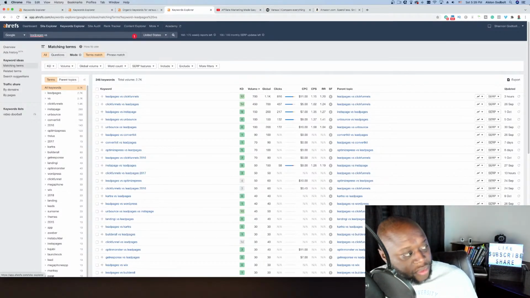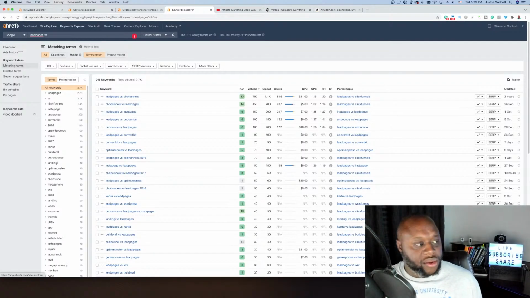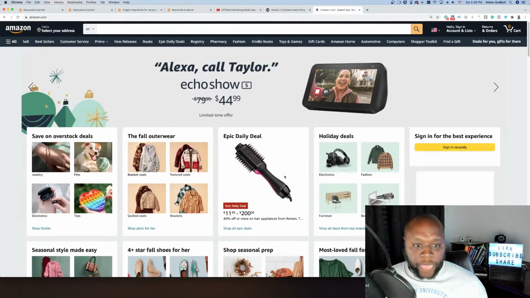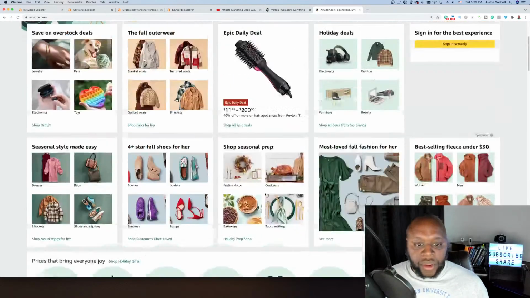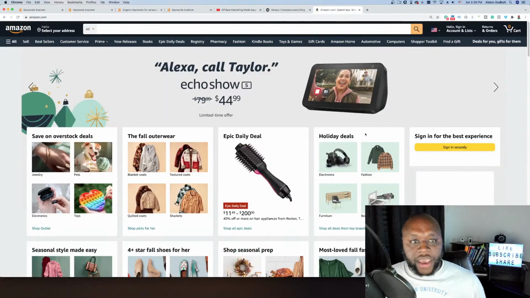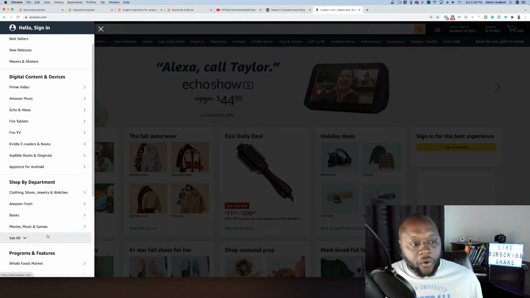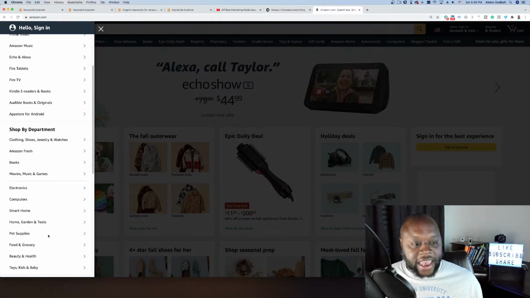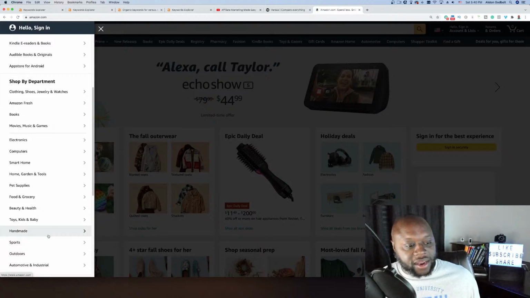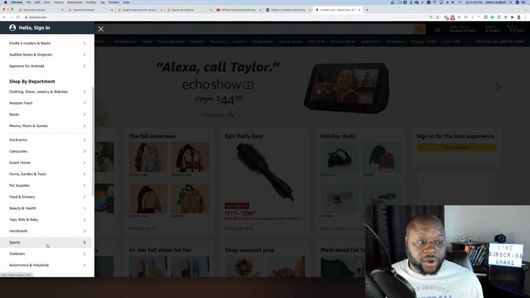So again, we're doing simple comparison, and you can do this with anything. If we went over to Amazon and we found a product, it could be anything. Let's see if we can find a product real quick. Guys, throw out a product that you want me to compare to show you that there is opportunity there. Again, we tend to overcomplicate everything because it can't be as easy as you think it is. But in reality, it is as easy as you think it is or could be.